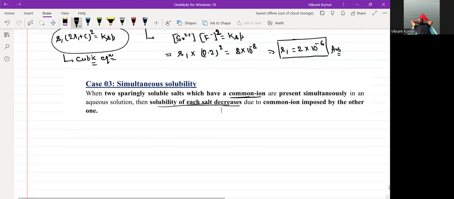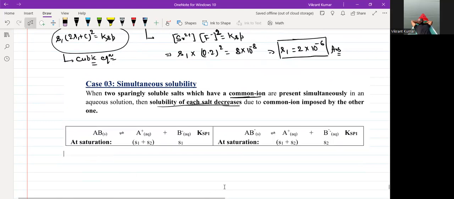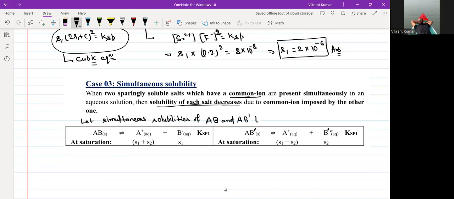अब आते हैं कैलकुलेशन में। मान लो अपने पास कोई दो सॉल्ट, कोई भी दो ले लो, if I am having AB and AB' type का, देखो कैलकुलेशन कैसे करना है, that will become the case of simultaneous solubility जो हम लोगों ने केमिकल इक्विलिब्रियम में किया था, कुछ टाइप का केस दिखेगा। देखो कैसा दिखेगा, मान लो एक सॉल्ट AB और दूसरा सॉल्ट AB' है, तो पहले ने A plus दिया, B minus दिया, दूसरे ने A plus दिया और B' minus दिया। मान लो we assume that let simultaneous solubilities of AB and AB' be S1 and S2। साइमल्टेनियस सॉलिबिलिटी का मतलब एक दूसरे के प्रेजेंस में।